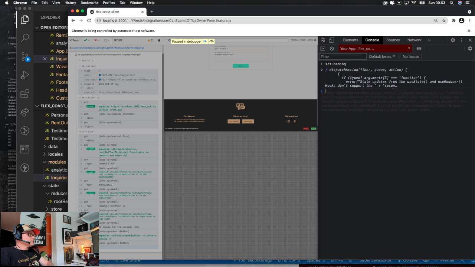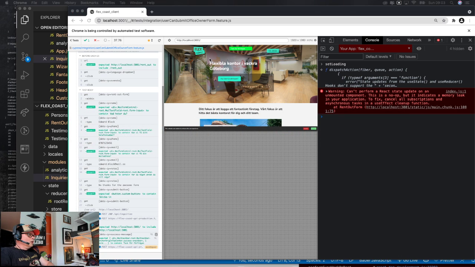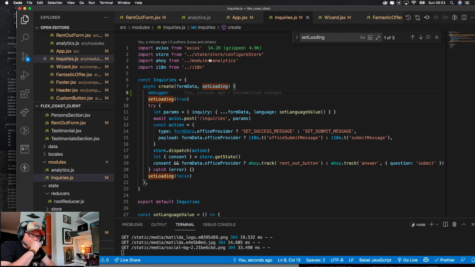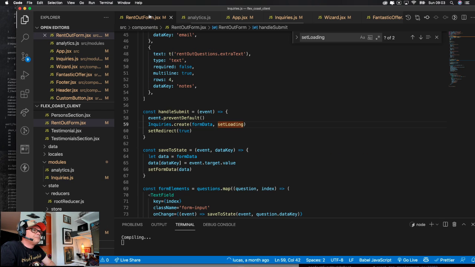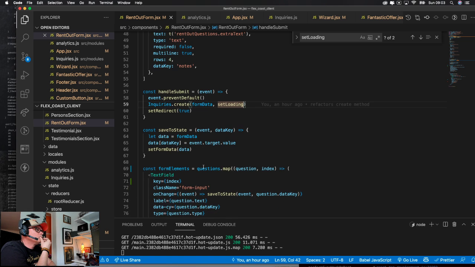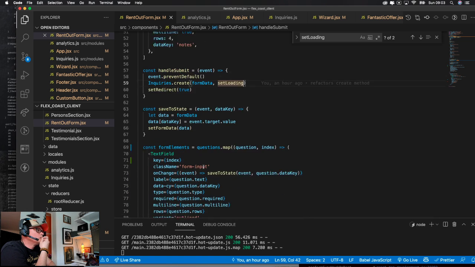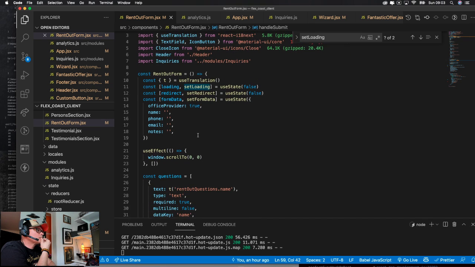So that's not that, because it wouldn't have appeared before I did anything here. Right. So loading forms.